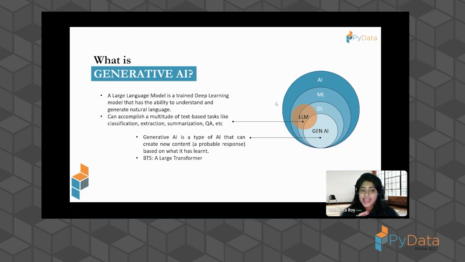And where do LLMs sit in this whole ecosystem? It is a conjunction between machine learning, deep learning, and generative AI, because these are models that serve generative AI, but they're also ANNs and traditional machine learning concepts beneath it.